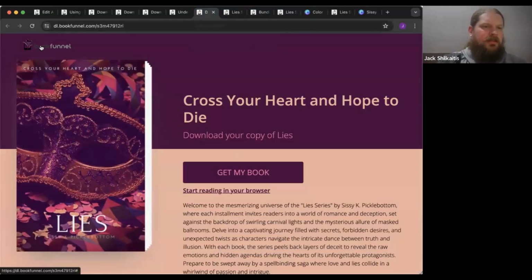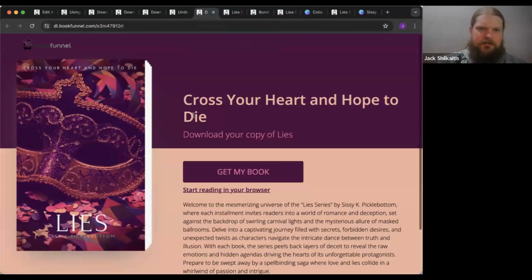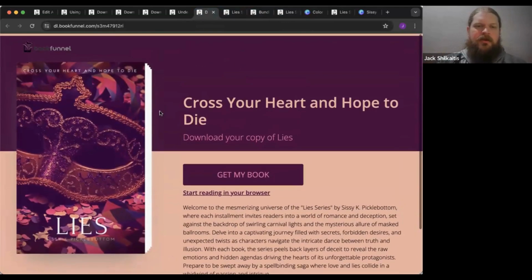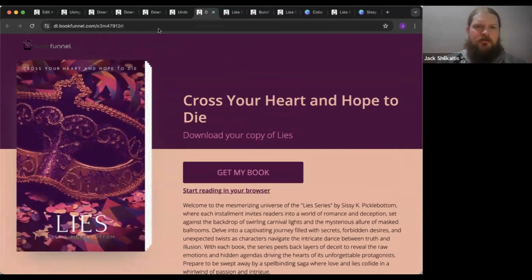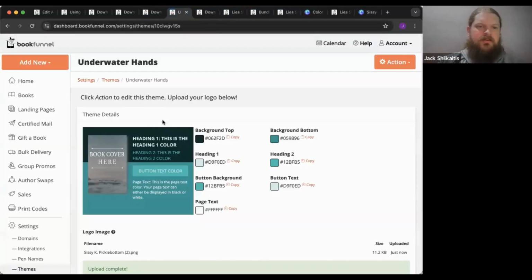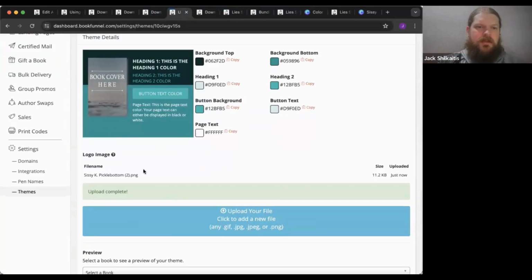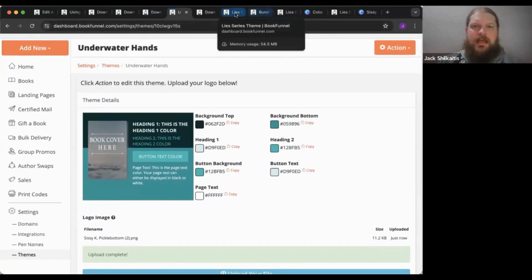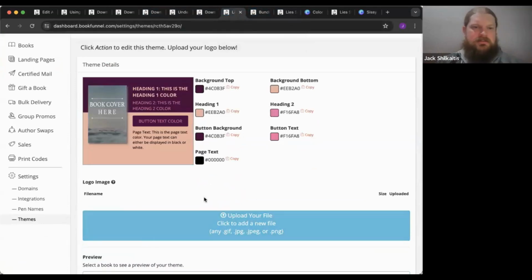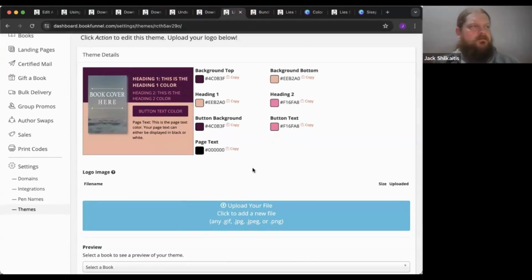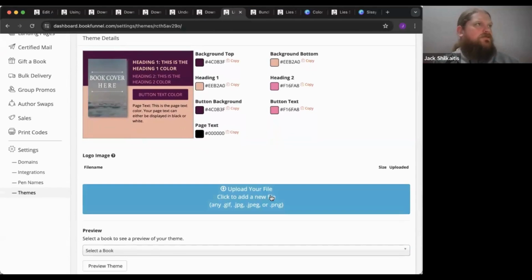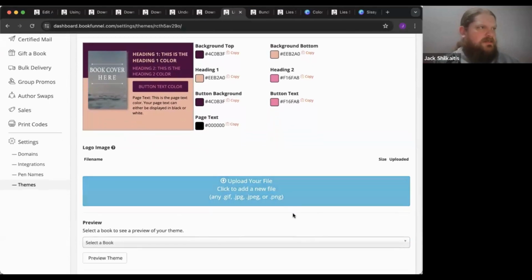But what about this logo here? You'll notice it's a little dark, right? And down here it looks okay, but maybe we want our own logo, just like we had for this theme right here. We've actually already uploaded a logo to this theme, so I'm going to demonstrate how we would do that using this theme right here. Now, a logo image, first of all, has to be somewhat specific when you upload it